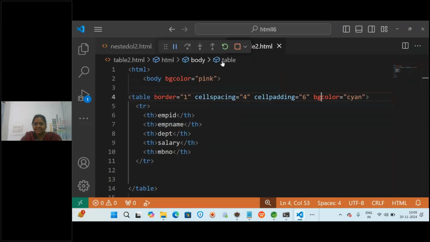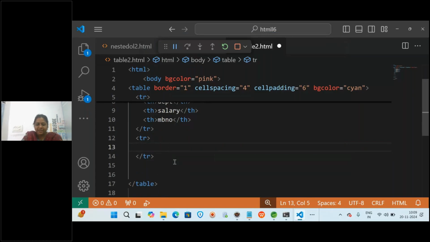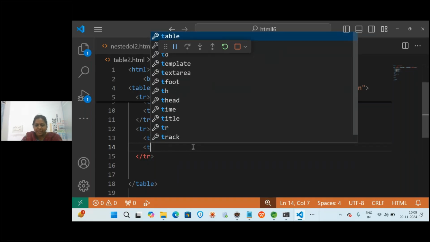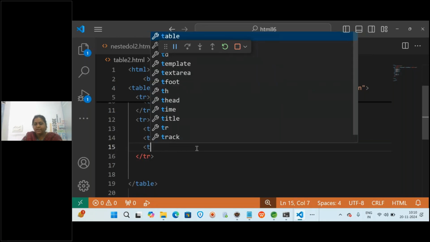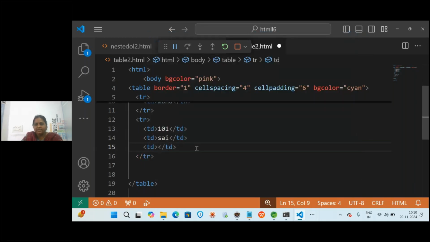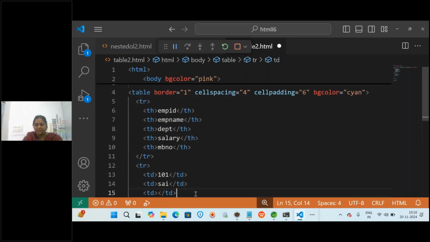Now let us write one more row with the tr tag, and inside this tr tag we are going to write the td tag. And in this td tag I am going to write the employee id is 101, and then I'm going to write the employee name. Suppose I'm writing the employee name as Sai, and then next ID, name, and department, salary also is there.